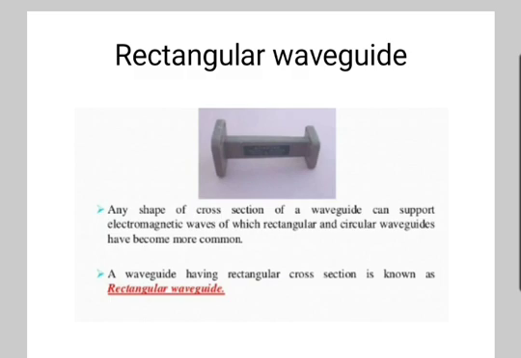The second boundary condition is applied to the left side of the plane or the left side wall. The third boundary condition is applied to the top of the plane or the top wall. And the fourth boundary condition is applied to the right side of the plane or the right side wall, that is, Ez is 0 at x equal to a for all values of y from 0 to b.